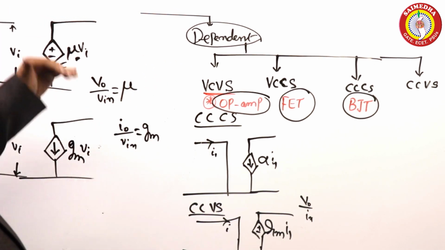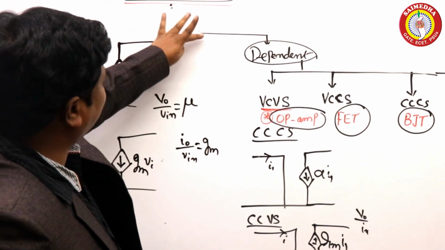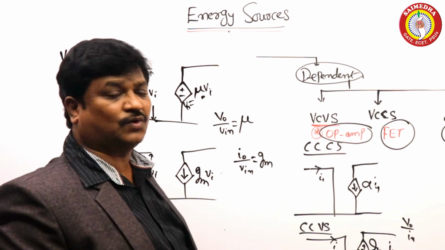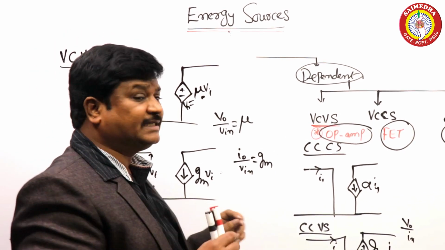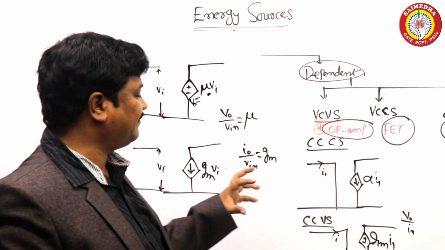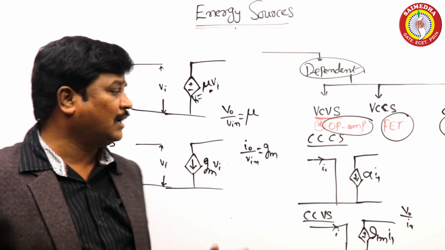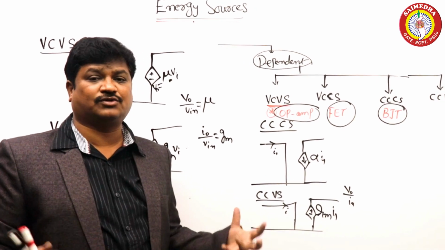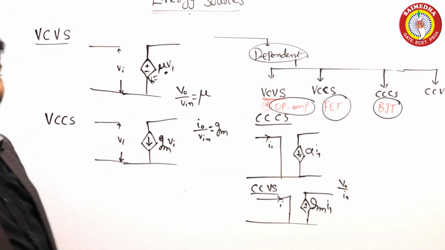Now again we go back to independent sources. What is the difference between ideal and practical sources, and what is the internal resistance? When the current changes, what happens to the voltage? When the voltage changes, what happens to the current? We'll talk about each of these. In addition, we'll talk about how the voltage sources and the current sources should be connected in combinations.